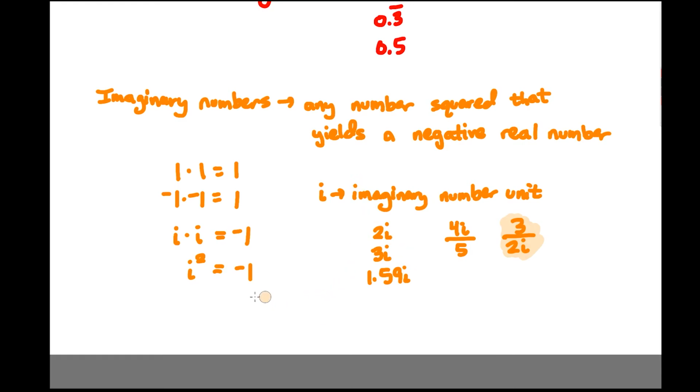Now going back to this concept right here where I squared is equal to -1, another way that you can define what i is by saying i is equal to the square root of -1. You do have to make sure you understand this. I'm going to highlight this as well. You do have to understand this because this is one of the major concepts that you're going to need to be able to solve imaginary number problems, is to understand that i is equal to the square root of -1,